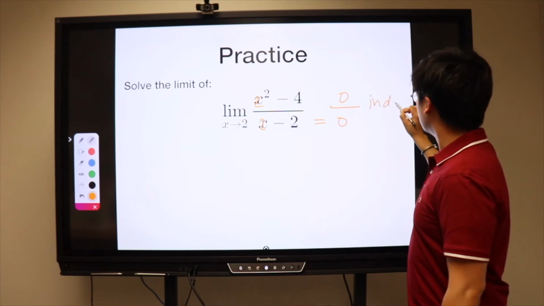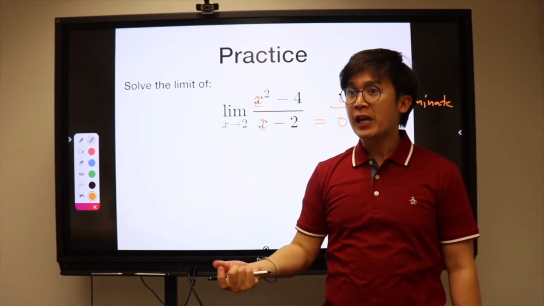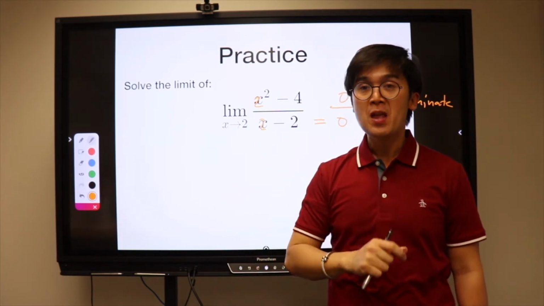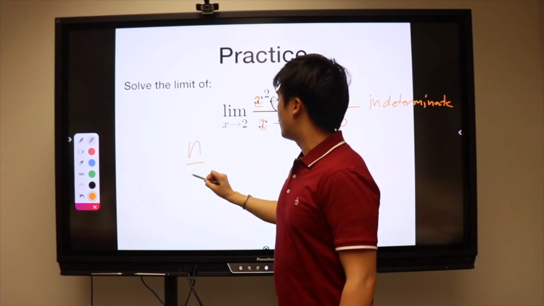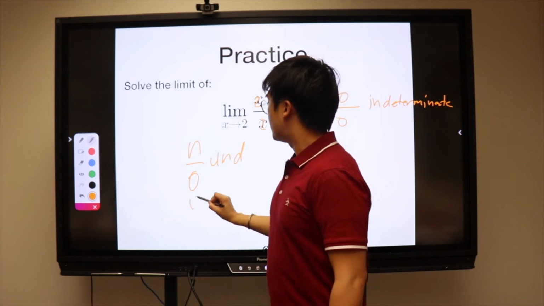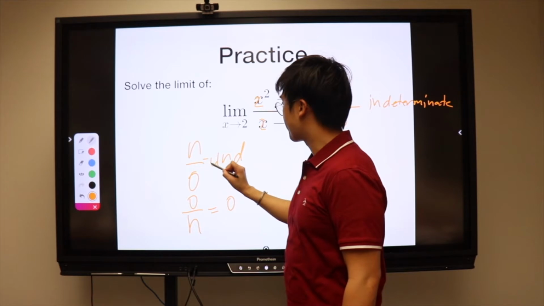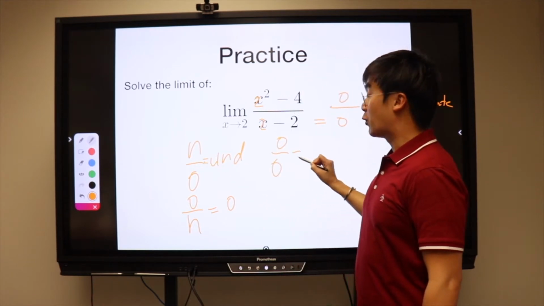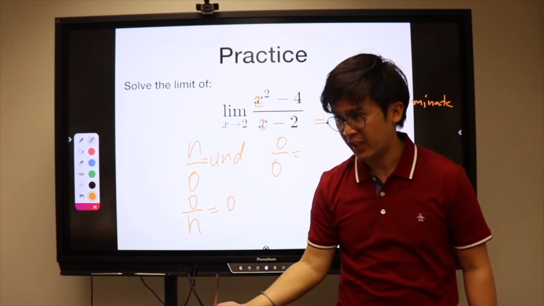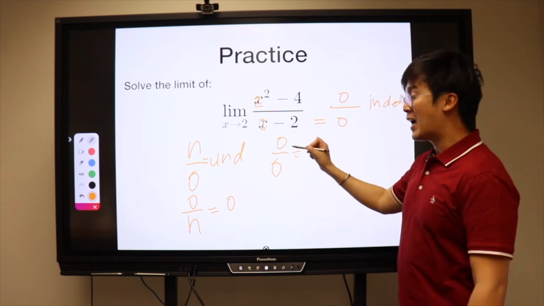indeterminate. Now, again, math is a foreign language and you need to know all the words that we use for those descriptors, because a number all over 0 is undefined, right? 0 all over a number is a real number, it's equal to 0. But a 0 all over 0 is a special case of rational function that all of you should be aware of. We know it does not exist because the denominator is 0, but it is a special rational expression